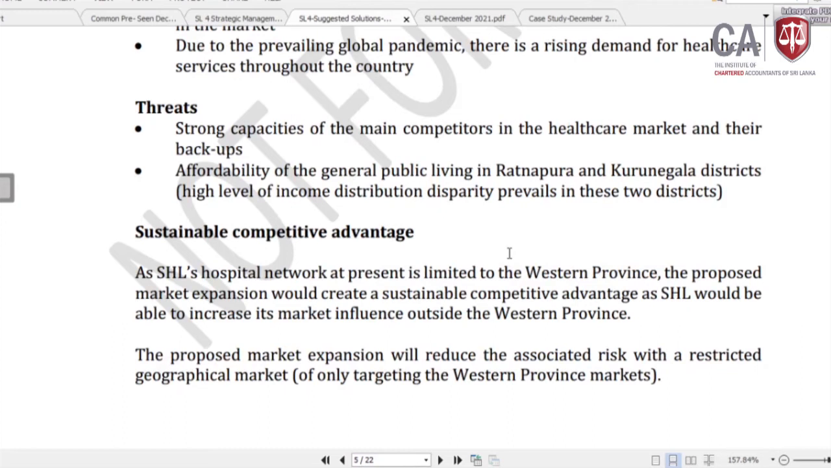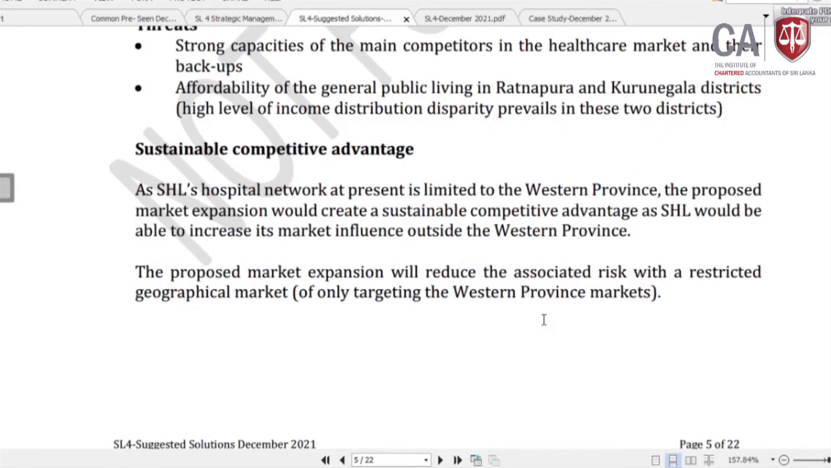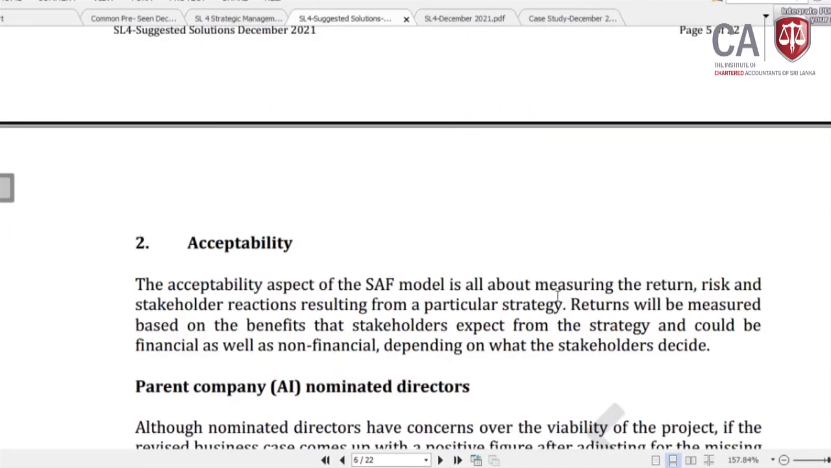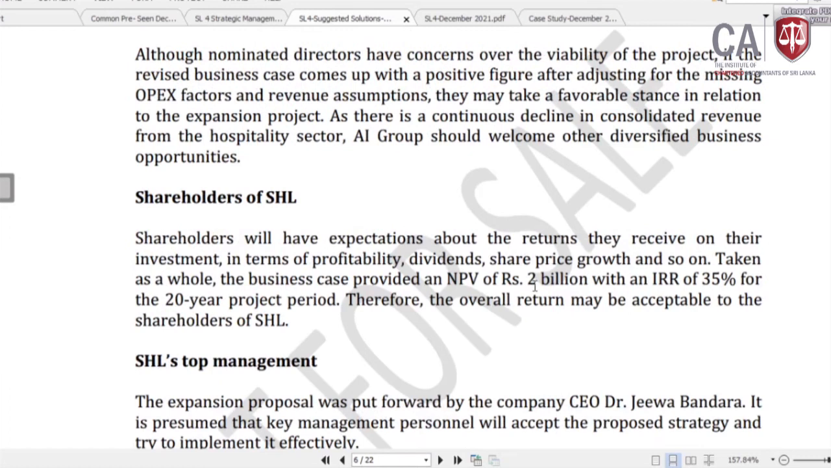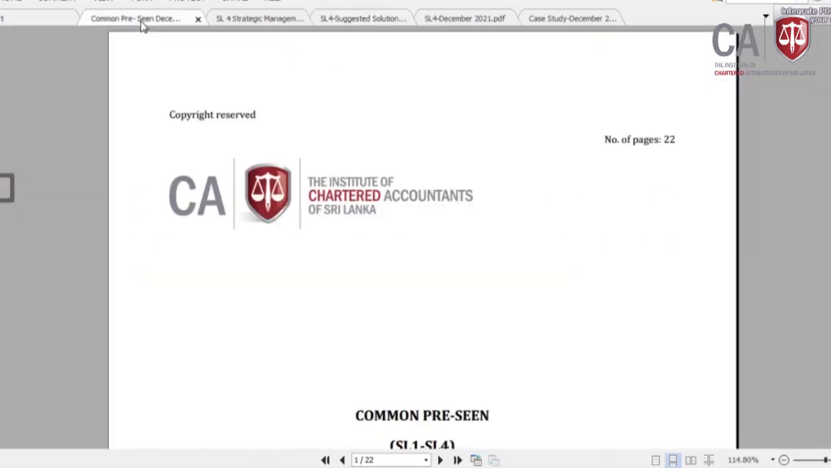Then there may be an issue in the Ratnapura and Kurunegala districts also. They may not have the capability, and since most of the people are poor people. Sustainable competitive advantage. Yes, so it will allow us to go beyond the Western province, and the geographical risk is reduced. Right. Accessibility. Now we know accessibility connects with the